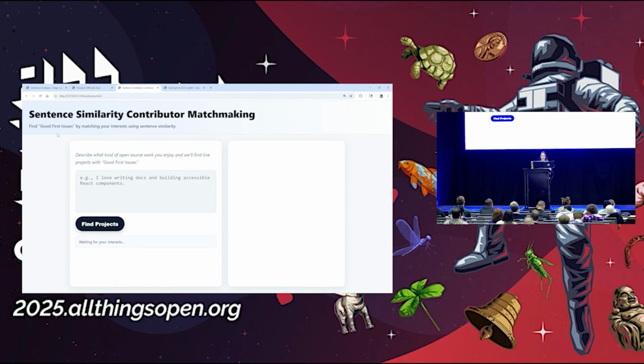There we go. All right. Okay, so this does use a Hugging Face sentence similarity model to match what you're interested in with real GitHub projects. So I actually am using GitHub's API to pull in information about different repositories that you potentially may want to contribute to. So let's go ahead and try out a